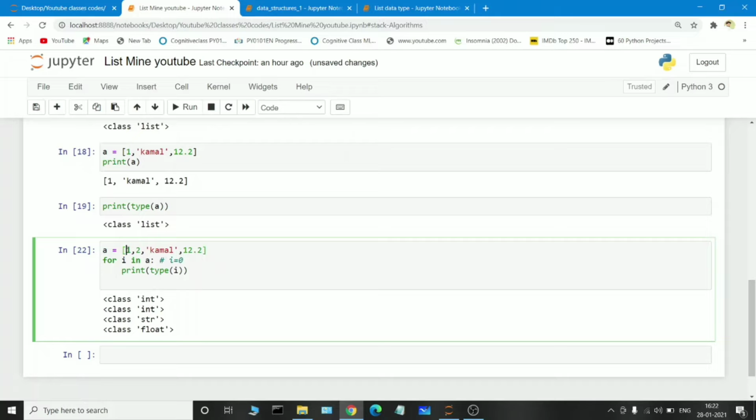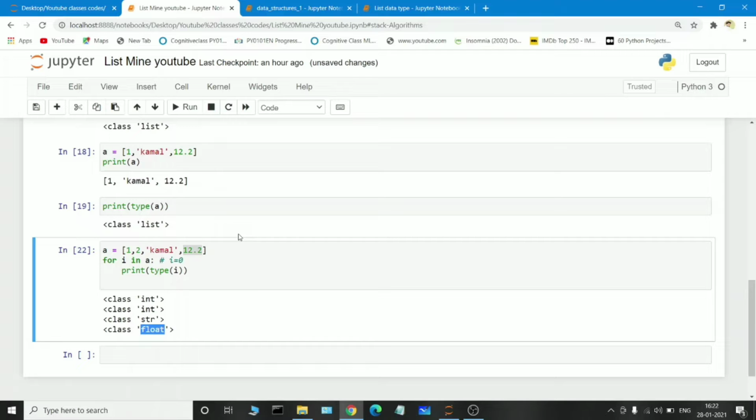So at the 0th index position the value is 1, and its data type is integer. At the second iteration it is collecting 2, which is also an integer data type. At the third iteration, sorry, at the second index position the data type held is string. At the last index position 12.2, which is a float data type.